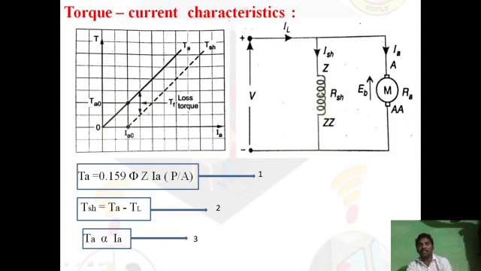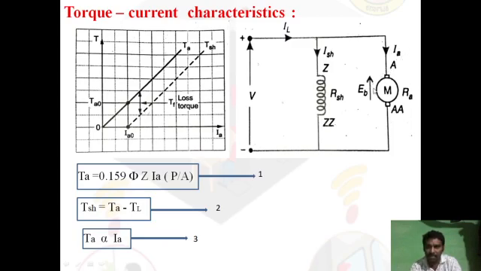Here, if you observe the different parameters of the circuit diagram, you will come across the armature part and the brushes, which are placed here. These two are the brushes, the motor armature, and A and AA are the armature terminals. RA represents the armature resistance. The armature windings are placed in the armature slots, and the winding has some value of resistance, which is represented by RA. The current drawn from the supply to the armature is IA.